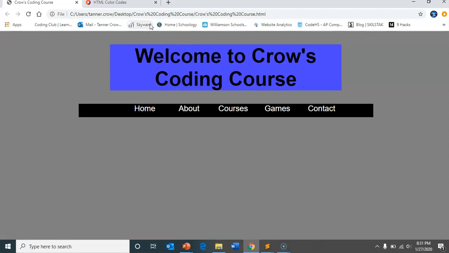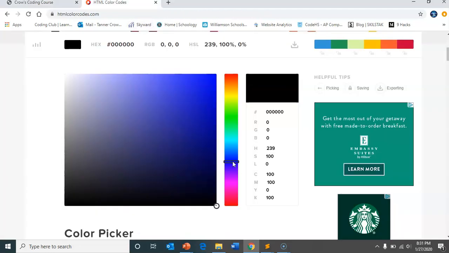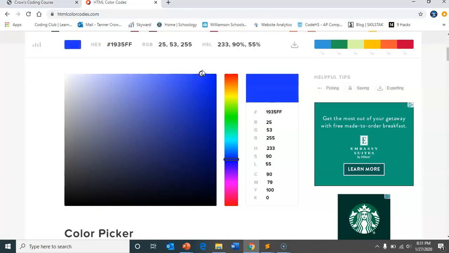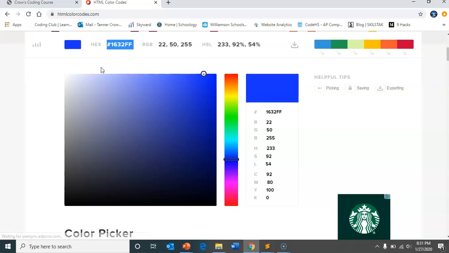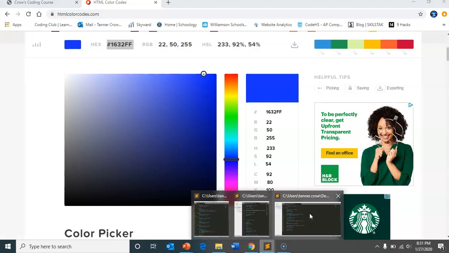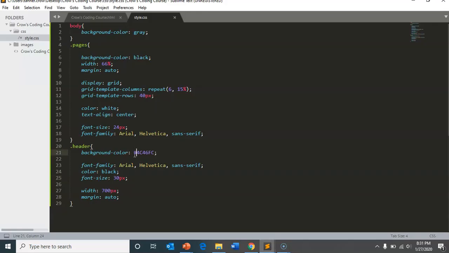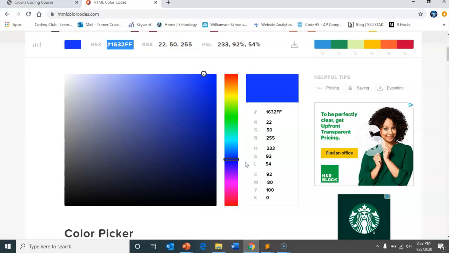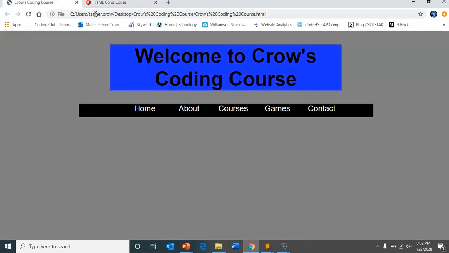Okay, so I'm actually going to go back and make my blue a little bit more prominent. So we're going to change it again. Save. Okay, then